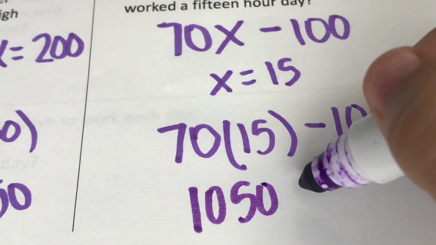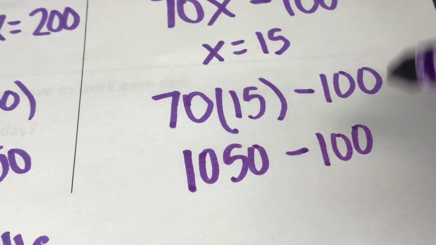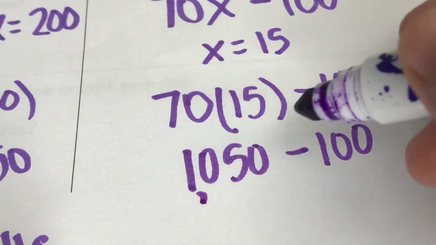And we need to subtract 100 from that to make sure his assistant also gets paid. So 1,050 minus 100 is equal to